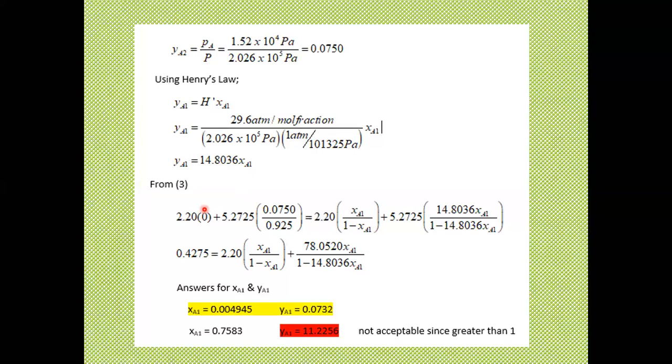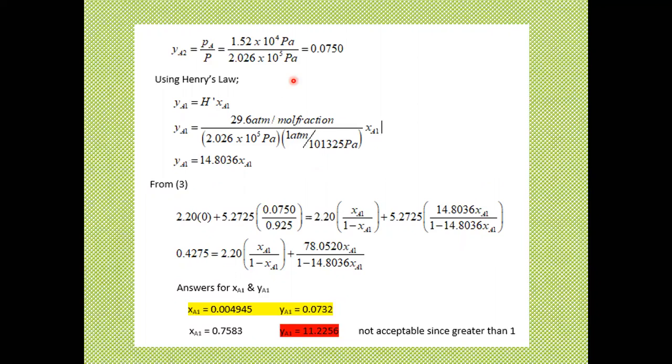So if you go back to your equation 3 and substitute everything, if you keep the XA1 here for your L1, this is our L1, the 2.2, so this would be our L prime, then this would be for our YA1 supposed to be. But our YA1 now was replaced by this, YA1 being equal to 14.8036 XA1. If you have YA1 here in the numerator, then your denominator should be YB1. And YB1 would simply be 1 minus this, YA1.